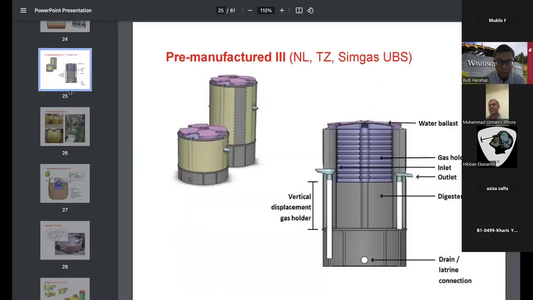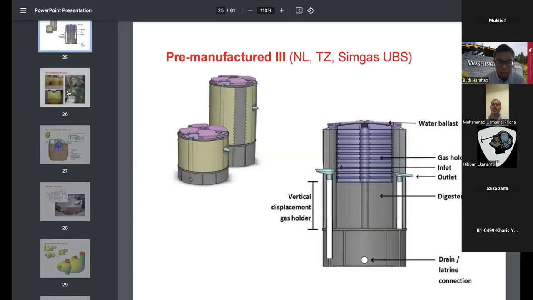Next, please. This is another prefabricated type of biogas plant. The one in the previous slide, which we have discussed, is the horizontal type prefabricated biogas plant. And this one is the vertical type prefabricated biogas plant. And if you go to the next slide,